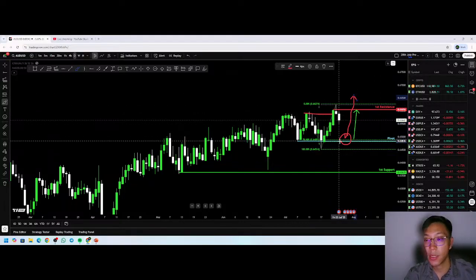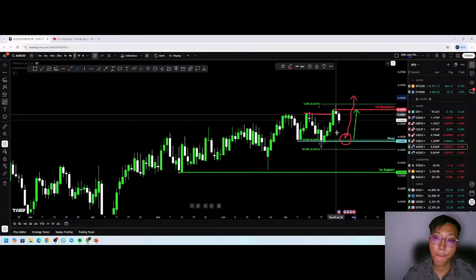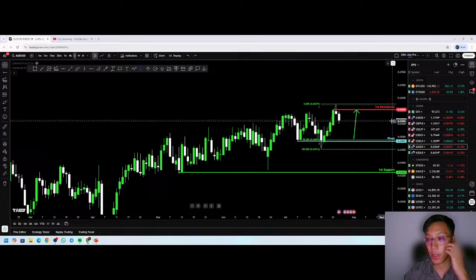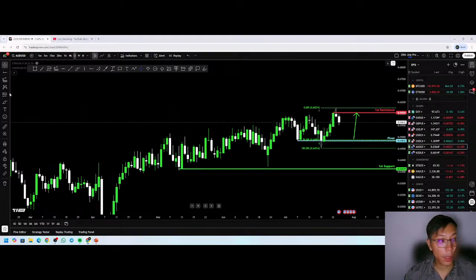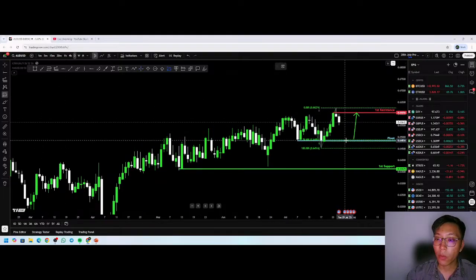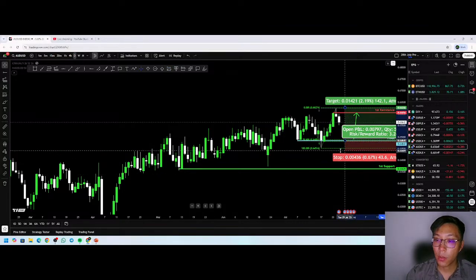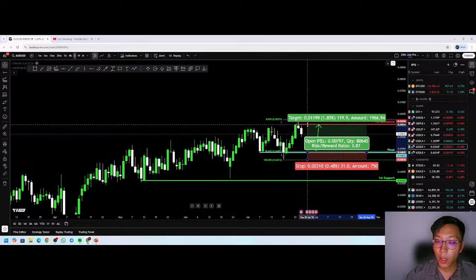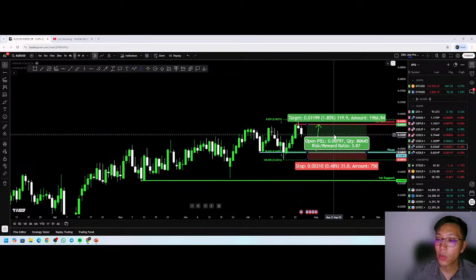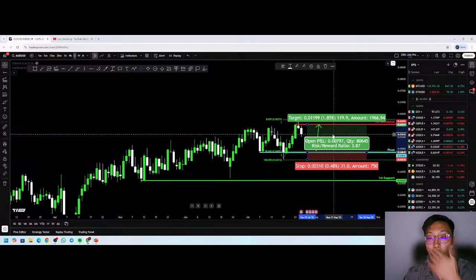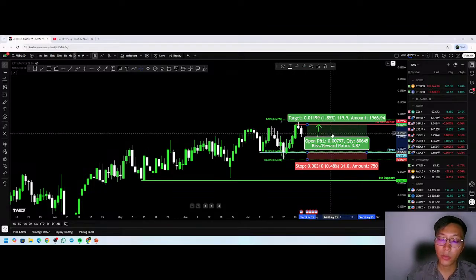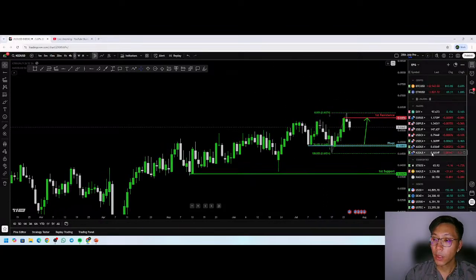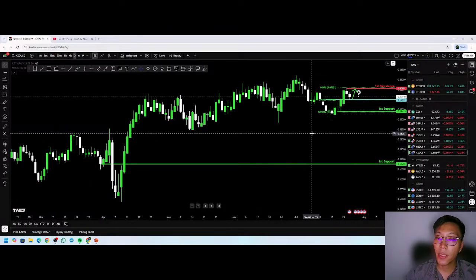Okay, this is what we could look at. Alright, so this is for AUD USD. And then I think it has a pretty nice risk to reward ratio as well, right? Because we will have something like this, and then our take profit is right about this resistance level. So it is 1:3.87, almost 1:4 risk to reward ratio. Okay, then next up we have NZD USD.